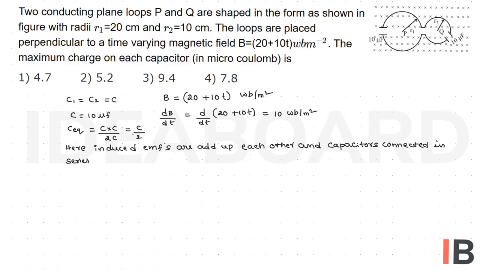Therefore, charge Q is equal to C into V, but it is C equivalent into EMF due to the two loops